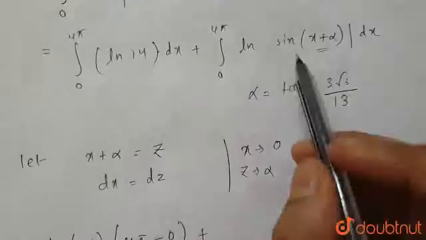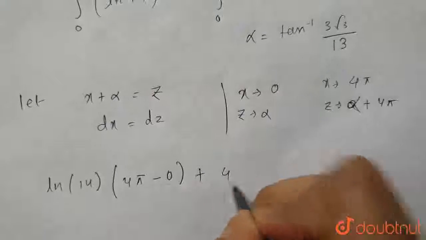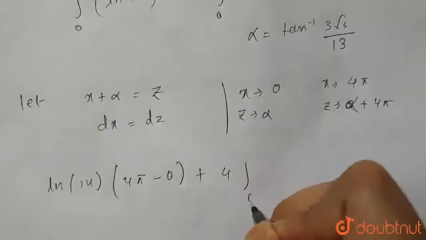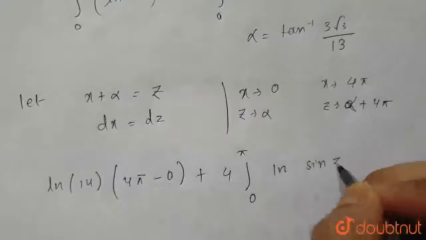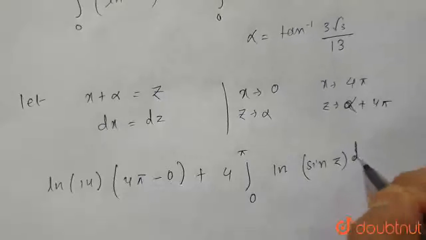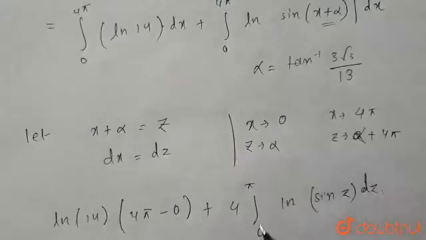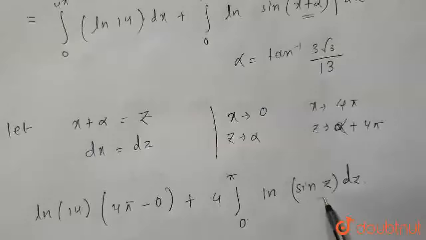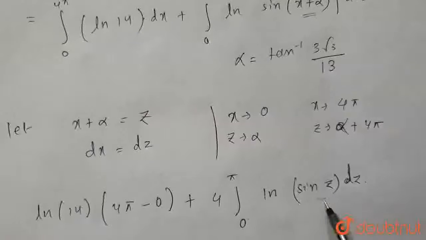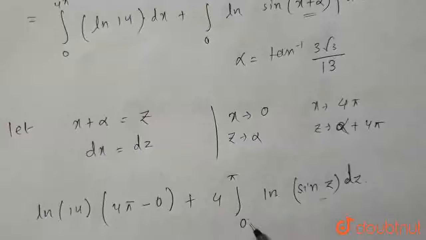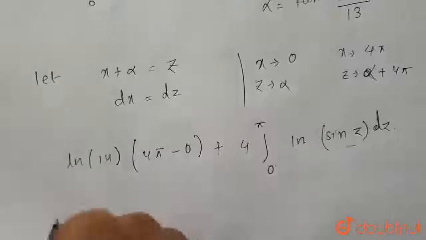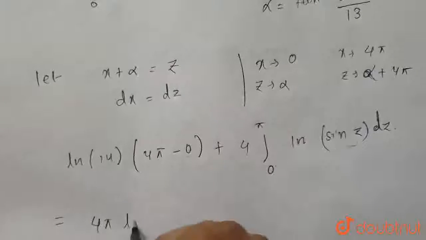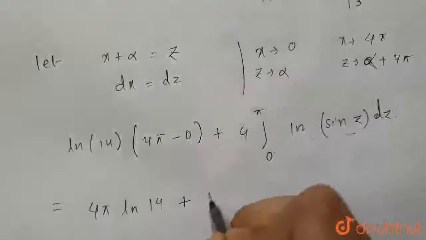Now let's integrate the left part. This will be plus 4 times the integral from 0 to π of log of sin z dz. Now the limits were α to α plus 4π. Since sine is a continuous periodic function with period π, we can write it from 0 to 4π. Now I've taken the 4 aside, so this will be the integral from 0 to π of log of sin z dz. Now this will be equal to 4π log 14 plus,